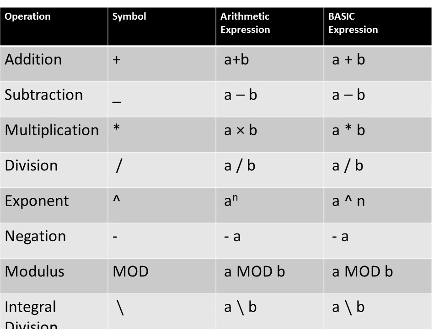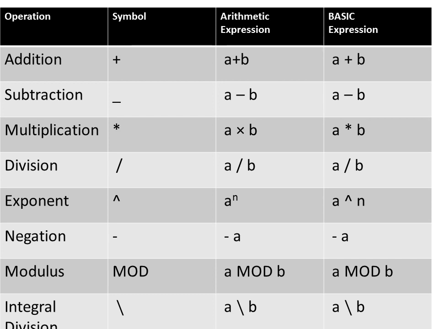Next operation is subtraction. The symbol for subtraction is minus, and when this symbol is applied on any two values, then we can write a minus b in arithmetic and BASIC expression. Next is multiplication operation. The symbol used for multiplication operation is asterisk. When we apply this symbol on any two values a and b, then in arithmetic expression we write it as a cross b, and in BASIC expression we write it as a asterisk b. In this expression we write asterisk sign in place of cross sign.